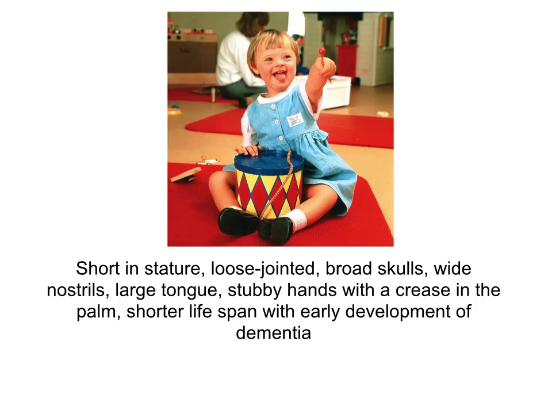What are just some of the suite of characters that are associated with Down syndrome? And there's a lot of variation in this. We've talked about that environmental component. With Down syndrome, there's lots and lots of variation, but these are just some of the different characteristics that are associated with it: short stature, loose joints, broad skull, large tongue, stubby hands, those sorts of things.